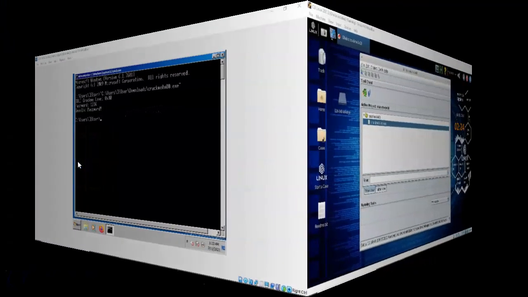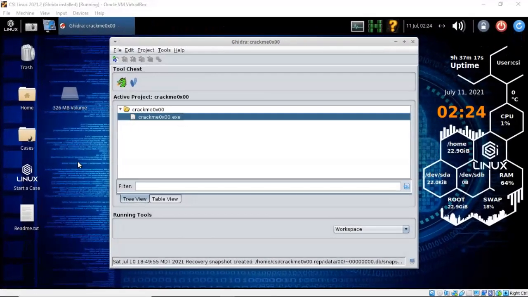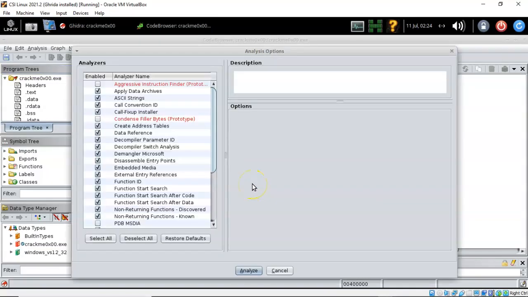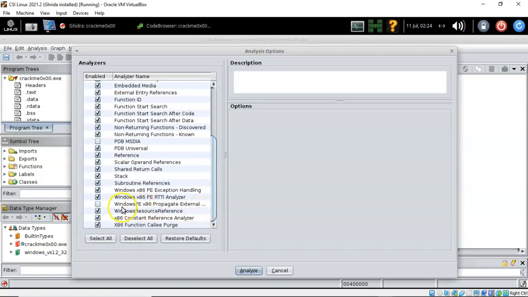Back over on my CSI Linux desktop, I have Ghidra up and I have the project with the crackme0x00.exe file ready to analyze. Let's double click it. It's going to ask me, do I want to perform an analysis? I'll say yes. From here we're going to load our default scanner that we need, which is the Windows